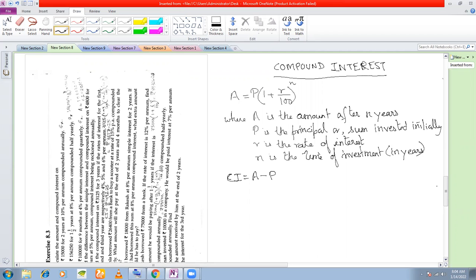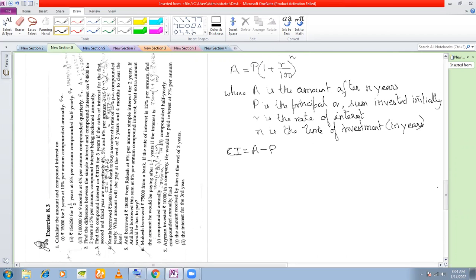So let us look at the first problem, a very easy problem. This is 1-1. There are three problems in question number one: part one, part two, and part three. All these three are different problems. Let me write the problem so that you understand the difference between the problems.